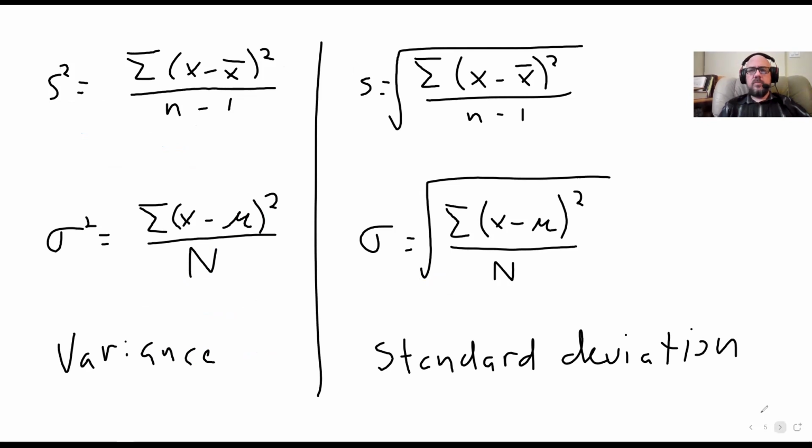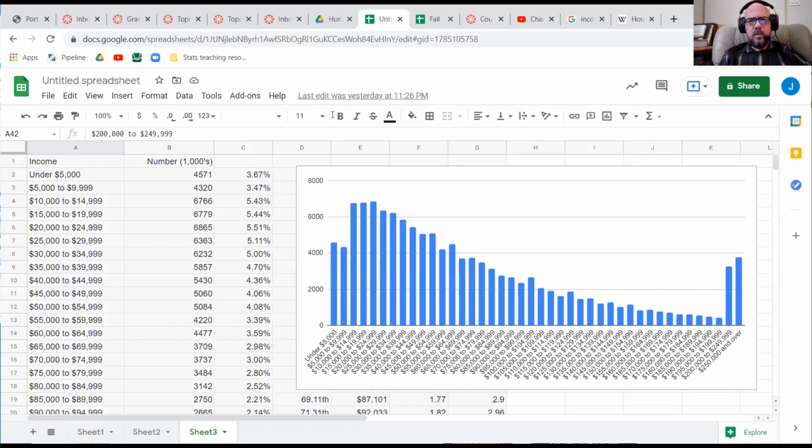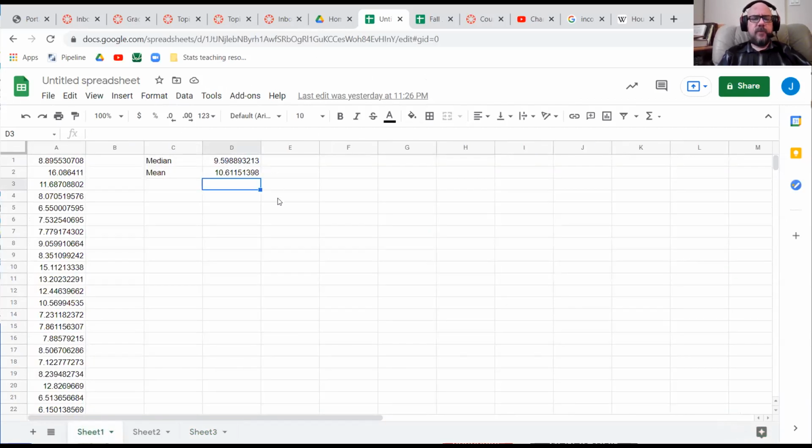Okay, so let's go see how to do this on calculator and computer. I'm just going to show you how to do it in Sheets. I can't use this data, I have to use something like this. So this is the same data I had from my mean and median video. So if I wanted to find the standard deviation,